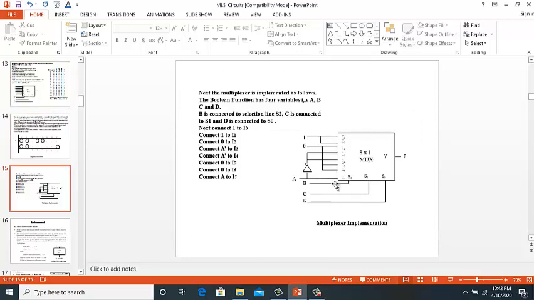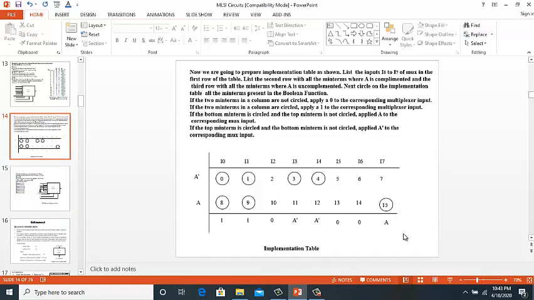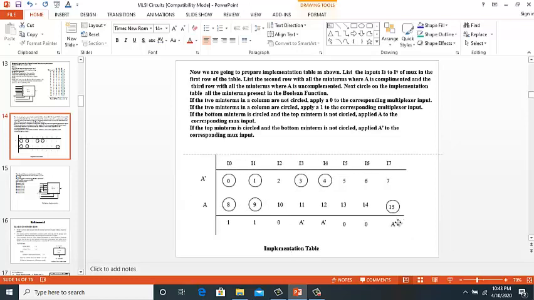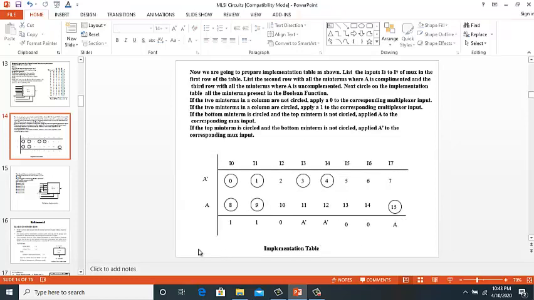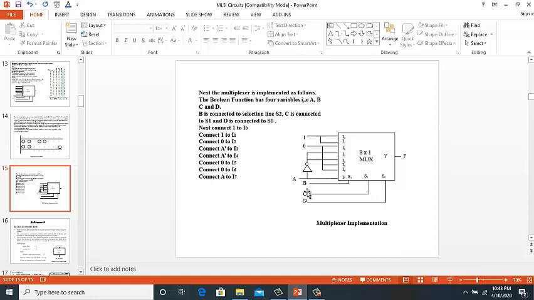So I3 has got A bar and I4 is equal to A bar. Now A is given over here, and through an inverter this value will become A bar. And finally we see that I7 is equal to A. So the I7 input is getting the value of A.